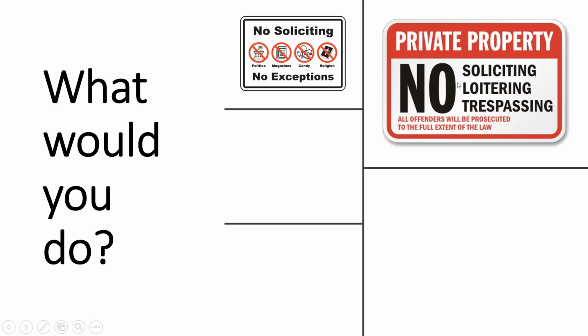If you see a sign like this, private property, no soliciting, no loitering, no trespassing, you can use your discretion on whether or not you feel safe to continue on. I would say that if you're going down a dirt road and this is posted, you can decide if you feel comfortable or not. I probably wouldn't continue down that dirt road, especially if it's a long ways off of the main road. But if you see this and it's in an apartment complex, it's not considered trespassing to survey